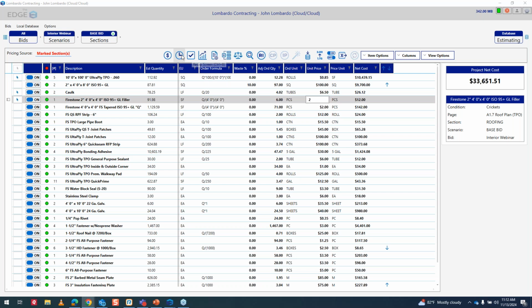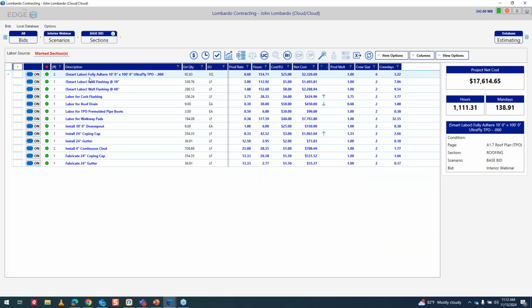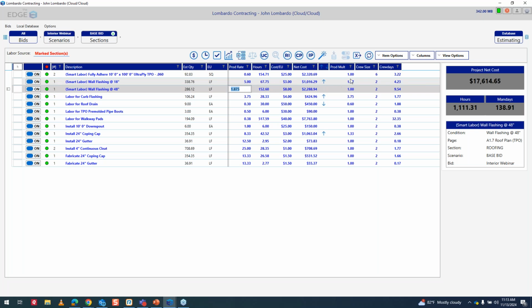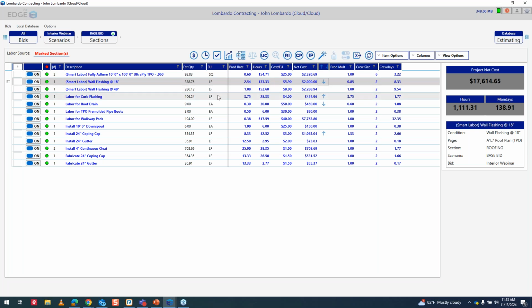So the next step is to look at your labor. So if I pop into the labor screen, it gives you the ability to look at different labor. I've labeled these as smart labor items because if you change your roll size of, for example, let's take this 18-inch wall. You notice it's $5 a linear feet or 3 linear feet an hour. You can come in here and just type in 5 linear feet an hour, or you could come over here and just plug in $2,000. So the edge is very user-friendly from being able to adjust these items and these pricing requirements